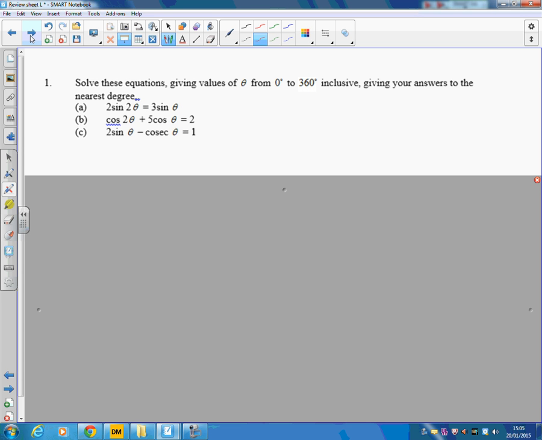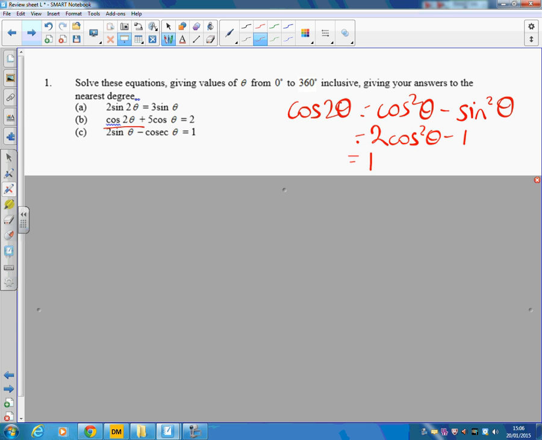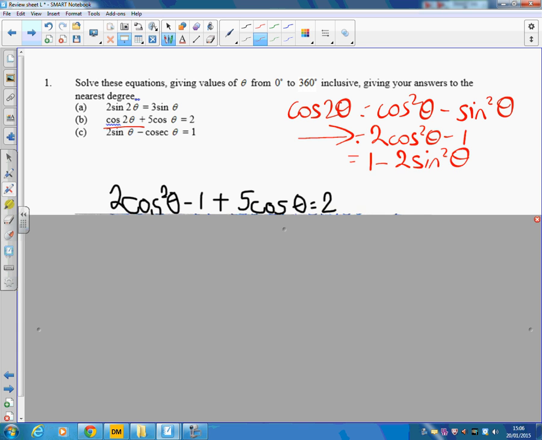And for part B, we've got a cos 2 theta double angle formula to choose from. There's 3 options. So we could have cos squared theta minus sine squared theta. You could have 2 cos squared theta minus 1, or you could have 1 minus 2 sine squared theta. Now, in terms of choosing them, I'm going to go for this one, because then I'd have a quadratic only in cos, there wouldn't be any mixture of coses and sines. So going for that one then,